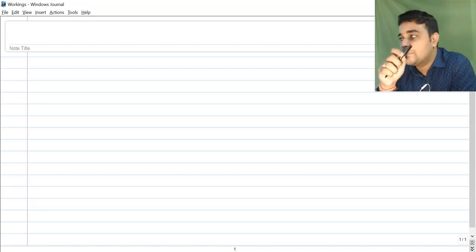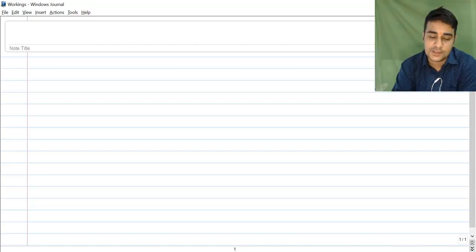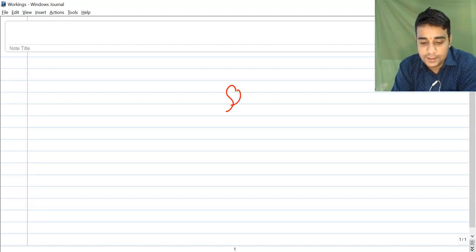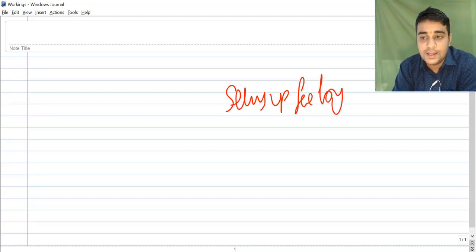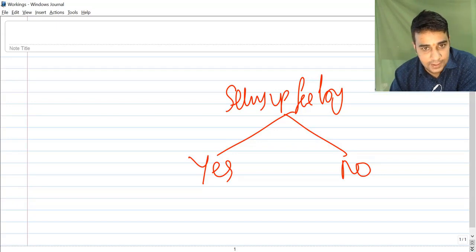Okay, so broadly it is fine. The explanation is correct. It's a sunk cost. Technically, what I do for analyzing a relevant cost is, what are we deciding? Setting up factory. This is the decision. Think in your mind, what is the decision you are taking? Setting up factory. You do, yes. You don't, no. Always keep this in mind. That's the only thing which you do in relevant costing.